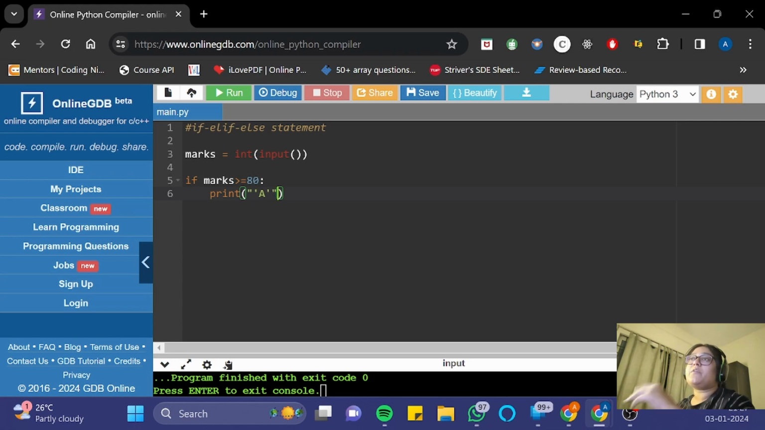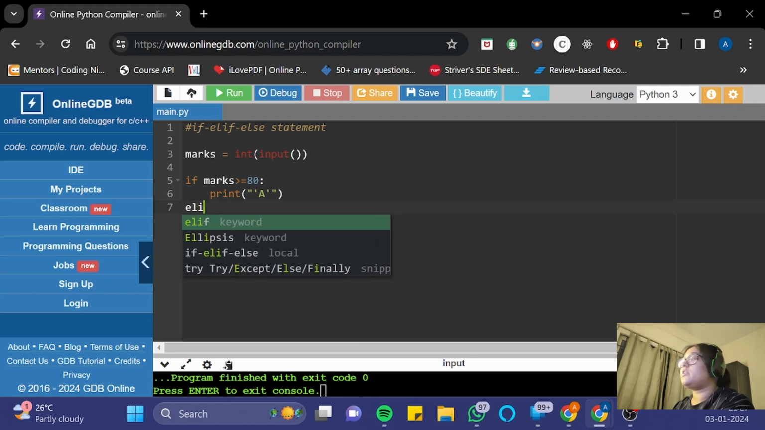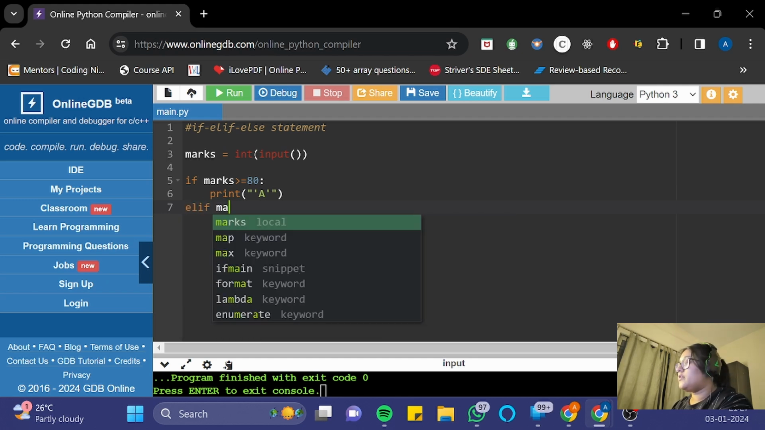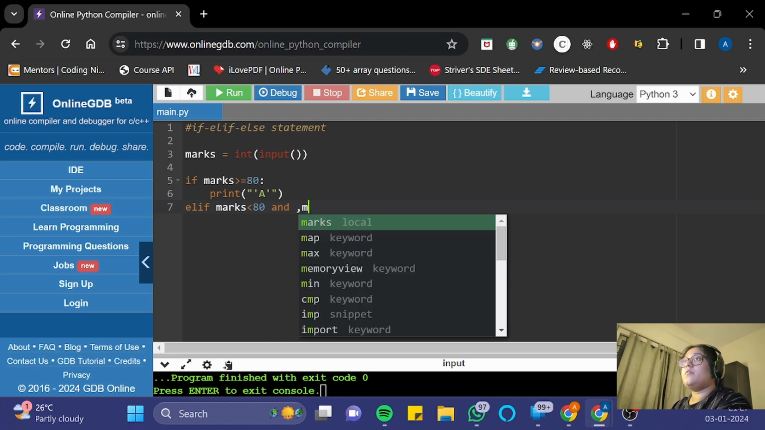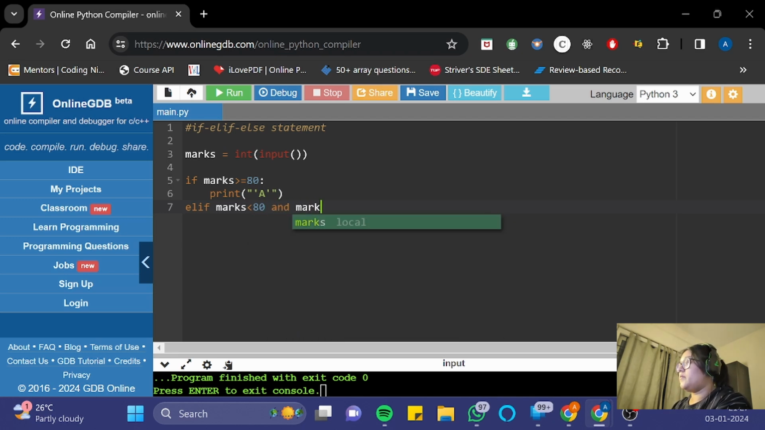Okay, so I will print it like this, and in the else if condition I will print in the other way. Else if marks is less than 80 and marks is greater than equals to 60,